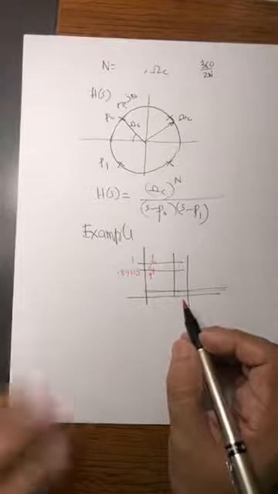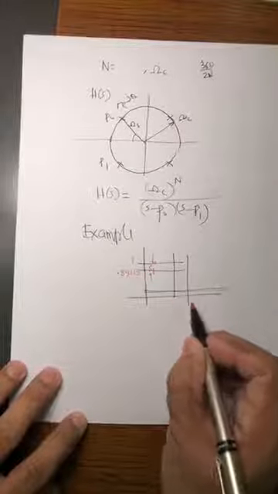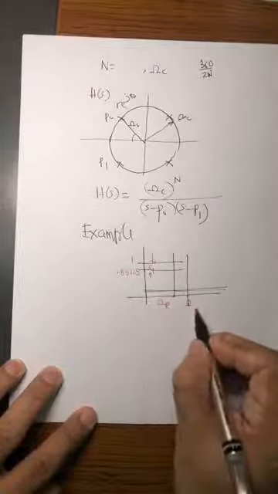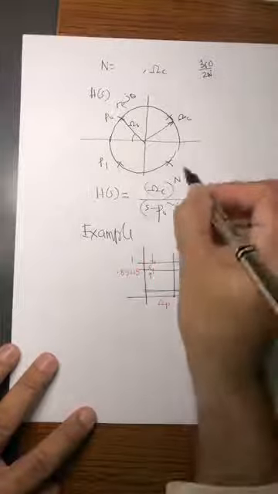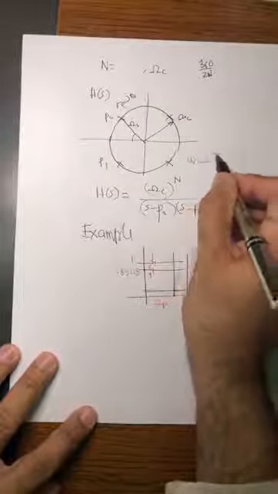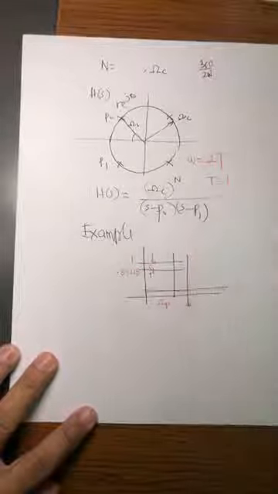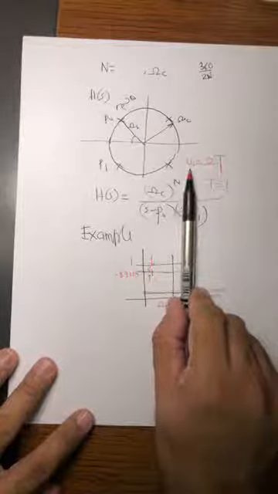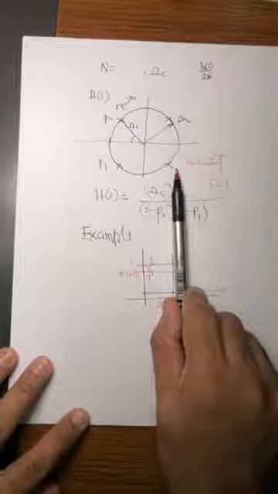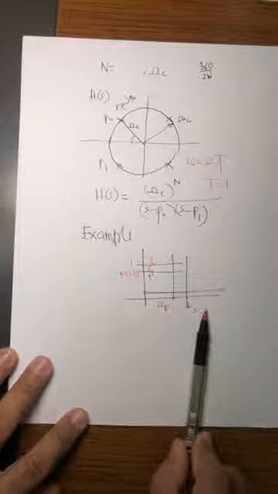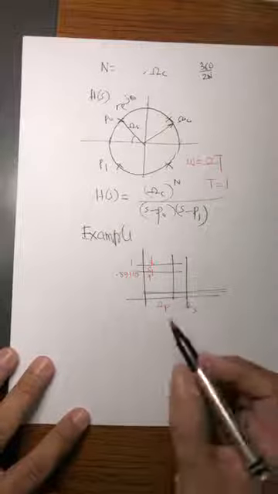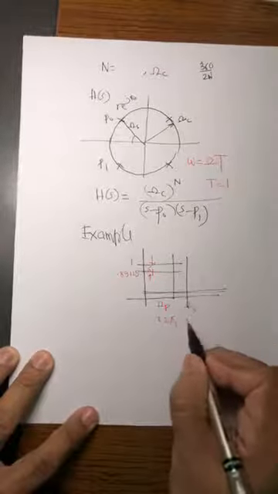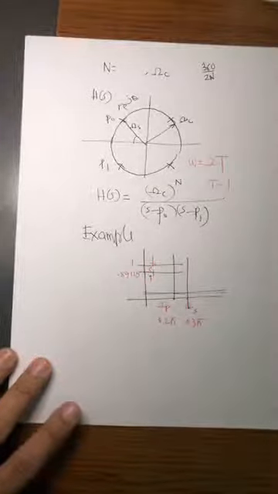Then the second thing you will always know will be this value and this value. This is omega p, omega pass, and omega s, omega stop. If they are given in small omega domain, we know small omega is equal to capital omega times T, and usually we can keep T equal to 1 if you want to, and I'll tell you why. This is the expression you use to convert digital specs to analog specs. So you know omega p, you know omega s. Here omega p, for example, let's say is 0.2 pi, and omega s is 0.3 pi.